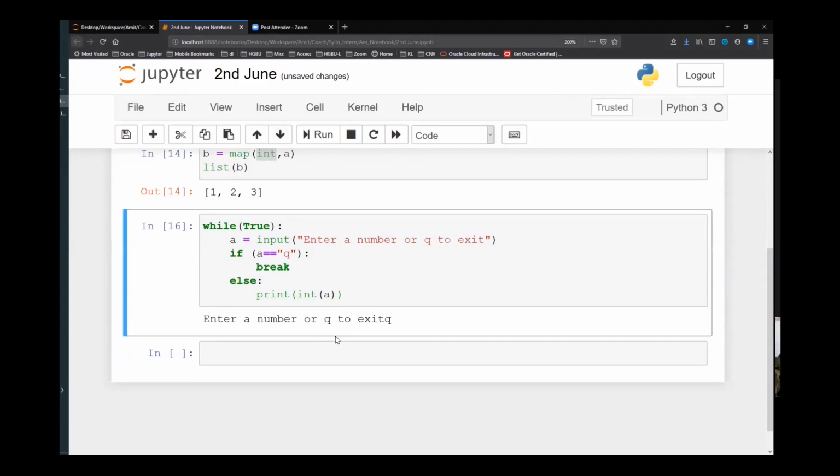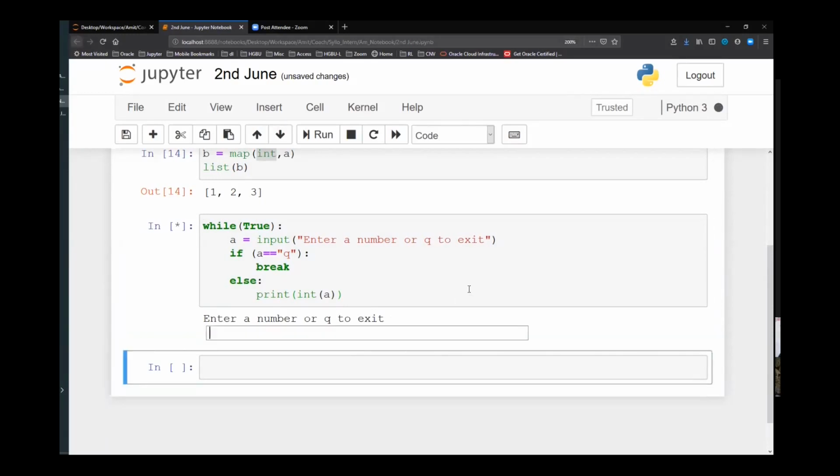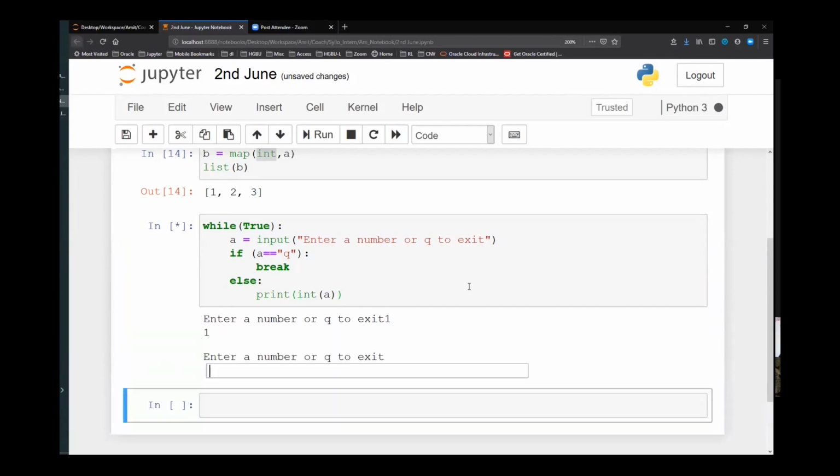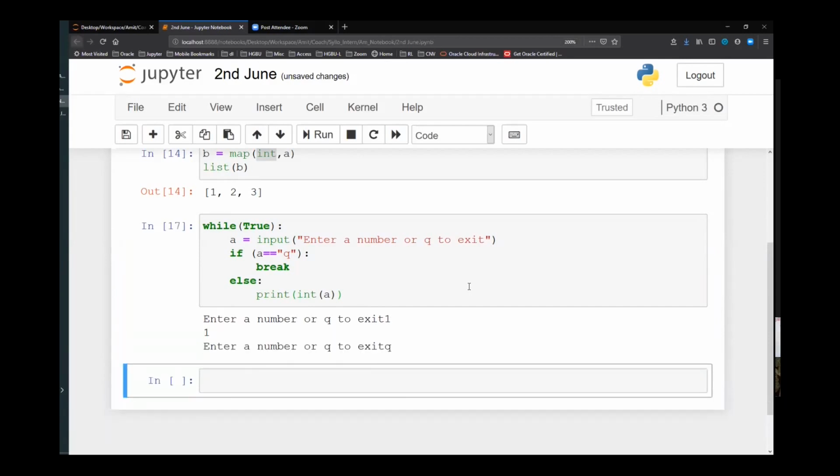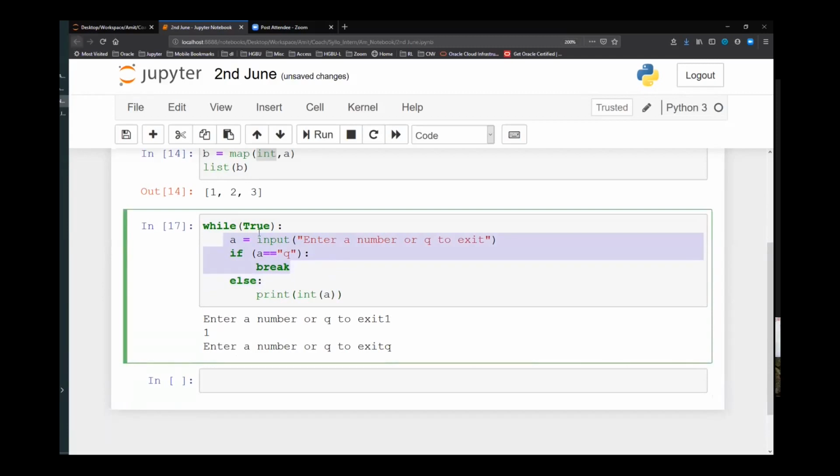Nothing happens. Or else maybe the second time, he enters 1, and then presses Q. So the first time it has to go inside this loop without any condition check, and after that it will further check the condition. That is what a do while loop does, right? So this is a do while loop for you. This you can also use to take inputs and other things. Even a for loop, if you know how many inputs you have to take, you can use a for loop for that, and inside that use an input function.